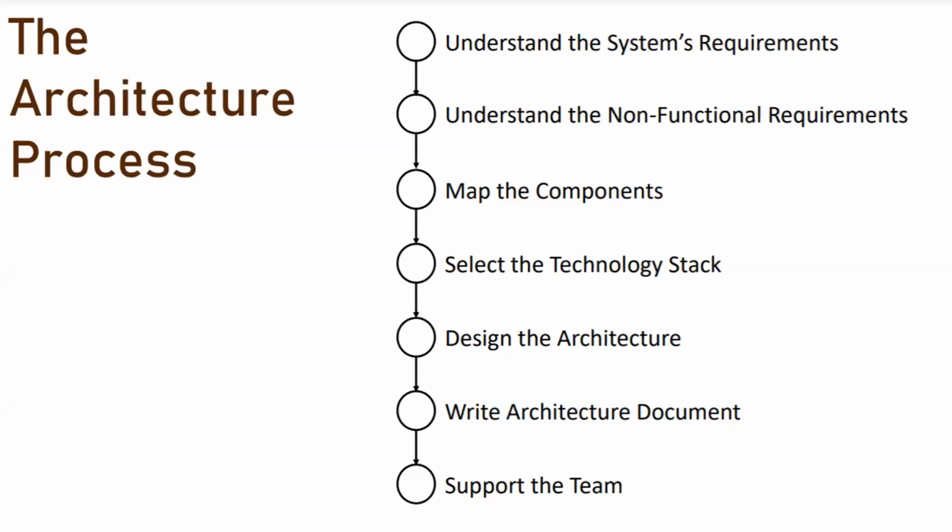So basically the architecture process is where we have to define a blueprint where we define the system's requirements, then we need to map the components. So if you take a very simple application, a recent example which we've been working on, we had a .NET application which needed to be containerized, which we needed to migrate towards the cloud native platform. So what we needed to do here was figure out how many services need to be there, how exactly the application can be divided into multiple services, and what the dependencies are for each of them. So when they're running in a non-cloud native or monolith environment, all the dependencies may be jumbled. So we need to segregate the dependencies.